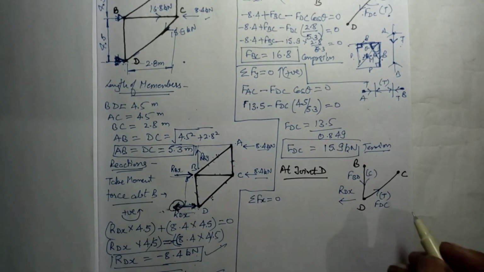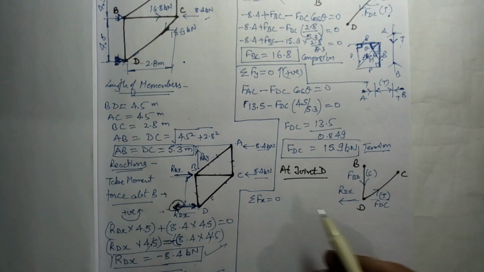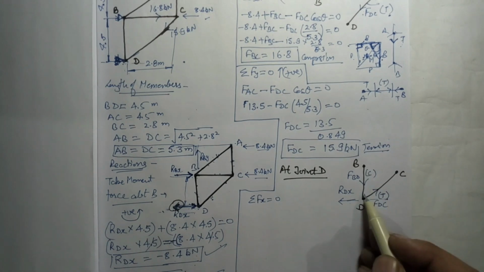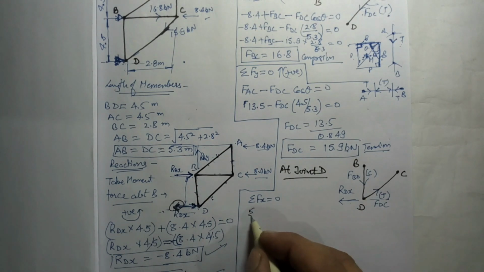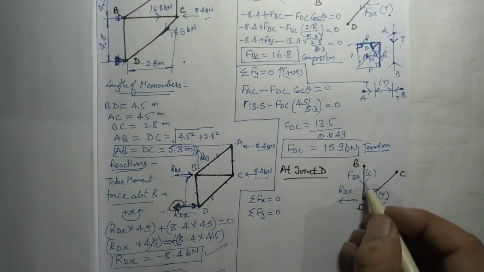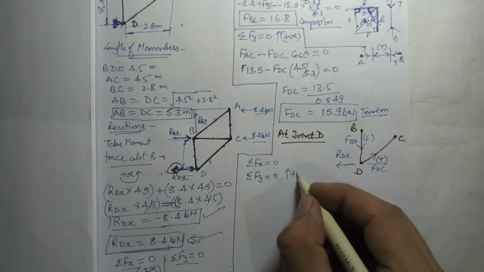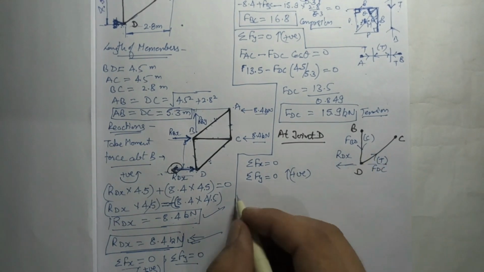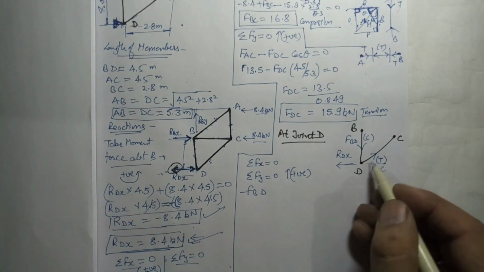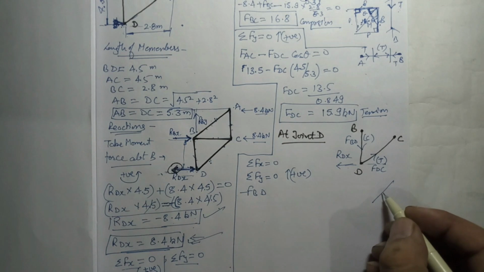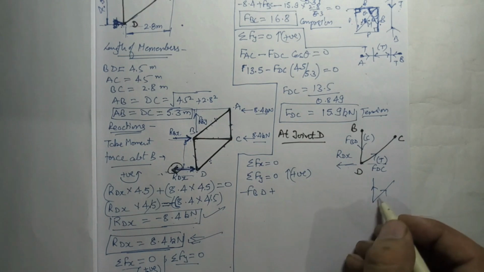Now when I apply Fx, it will give me Dx, and okay, I think we should not go for Fx because we need only this y direction force now, so we have no need to find out this. So I will go for Fy is equal to 0 because only y direction force is to be calculated. So we apply this. Now I have taken upward positive, but FBD, that is downward, so minus FBD. Any other force? This component of this, that will also be vertical like this, but it will be upward direction, so it will be plus.